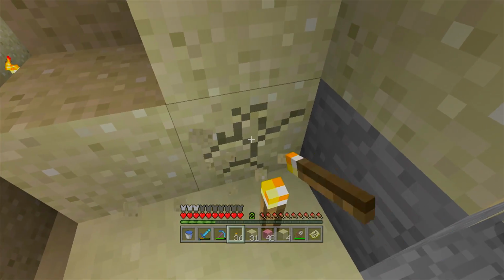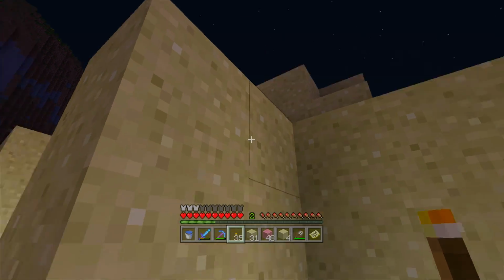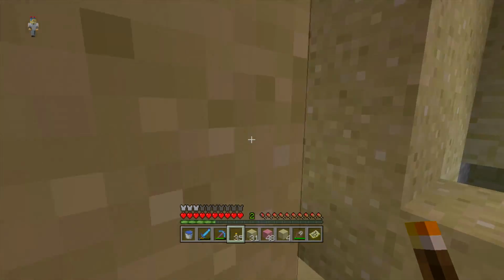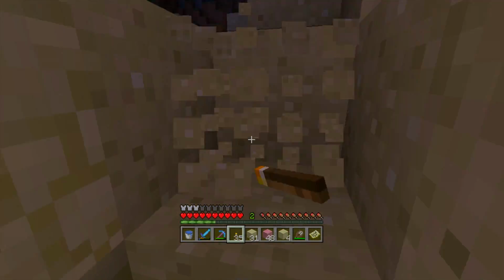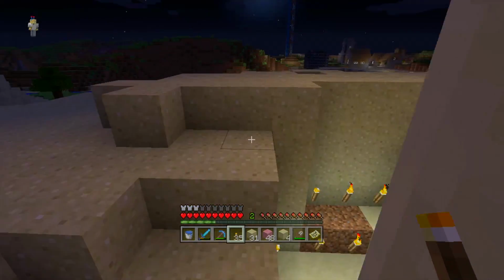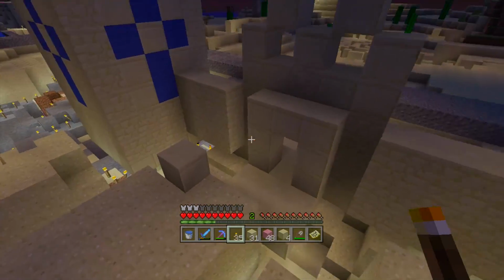Oh, see, I break too many blocks with this pickaxe. It's too good. Efficiency 5 is just too good for survival. Efficiency 5 is not going to work. So we have to get our way out of this little hole we've got ourselves in. And we do need to place down this bed very quickly. So I think...